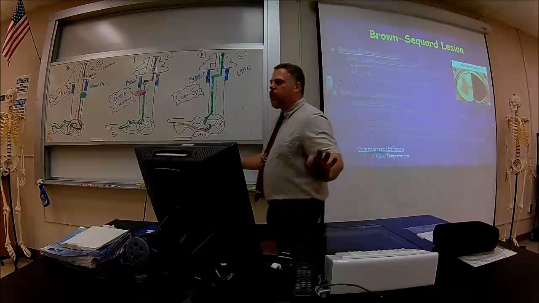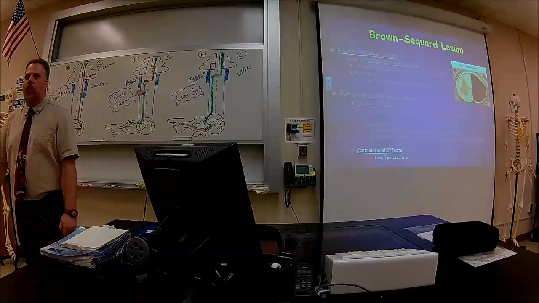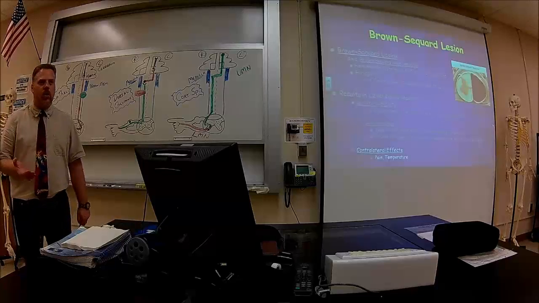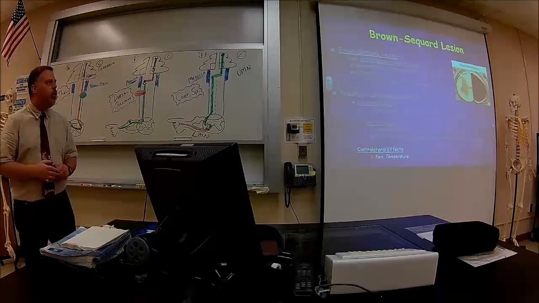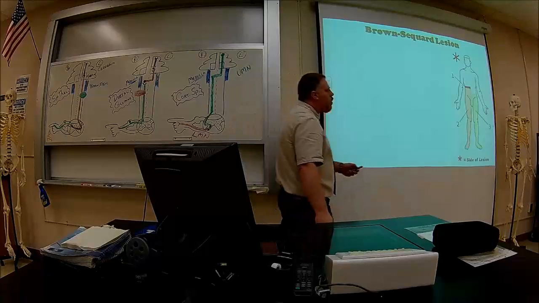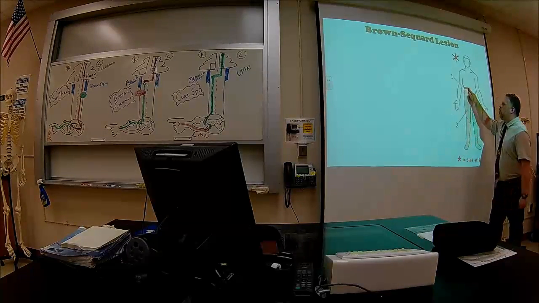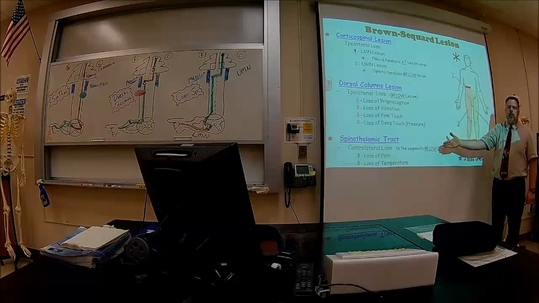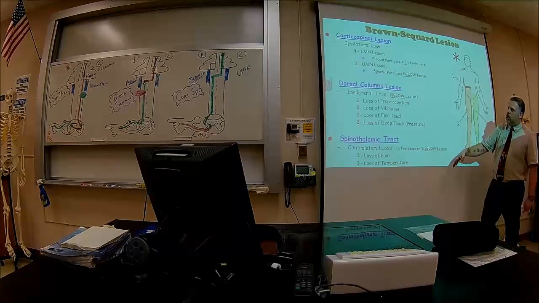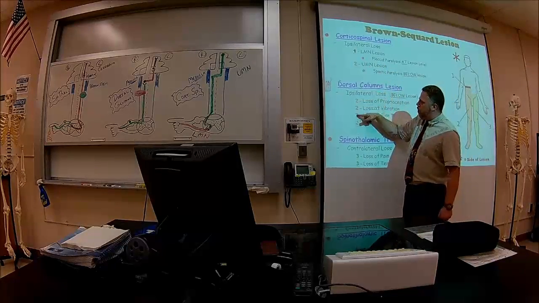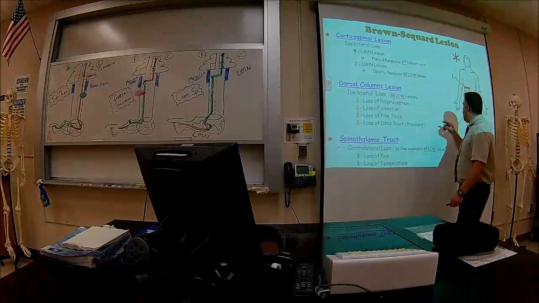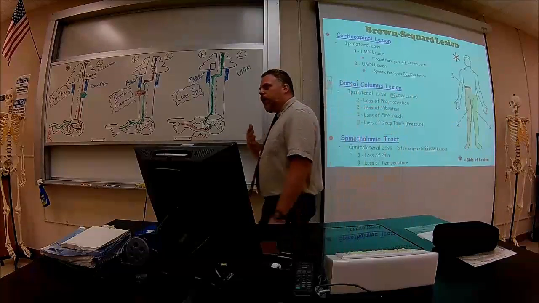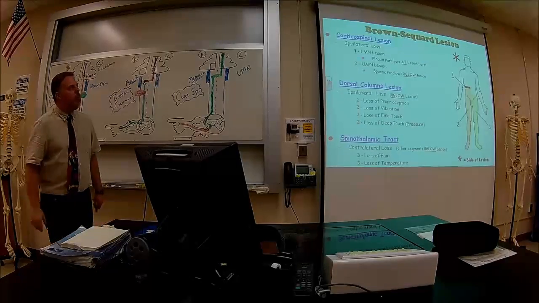Again, I'm not going to ask you all about this. It's too heavy for you to deal with. But a handful of students have an interest in there. They want to go into the nervous system. They want to learn a little bit about it. And you could go ahead and do this for yourself. But basically, if the lesion happens here, what happens to the corticospinals? What happens to the dorsal columns? What happens to the spinothalamic tract? Okay? And I kind of did it color-coded, where black, beige or peach, and green kind of show you what's going on over here. Okay? It's busy, but it's very interesting how this whole thing happens.